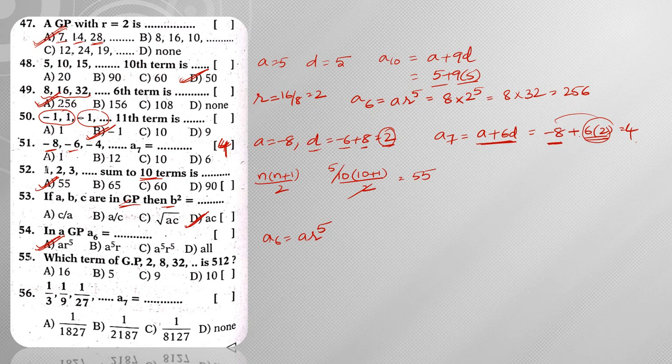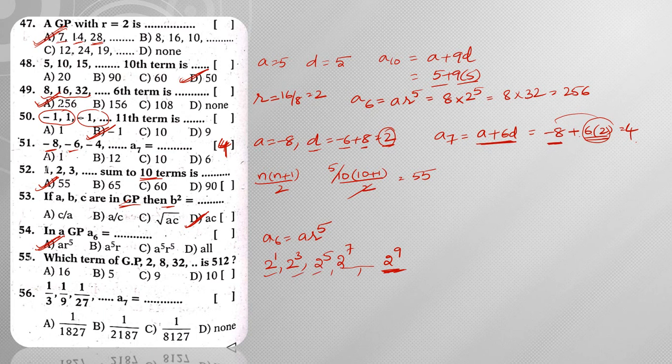Next, which term of GP? Now if you observe, so this is 2. Next is 2 cube. Next 32 means 2 power 5. So likewise we are having 512. So 512 means 2 power 9. So you need to learn these things. Okay, so 512 is nothing but 2 power 9. So 2 power 1, 2 power 3, 2 power 5. Then what will you have after 2 power 7? So 2 power 7, after that 2 power 9 only, no? Then what is this term number?